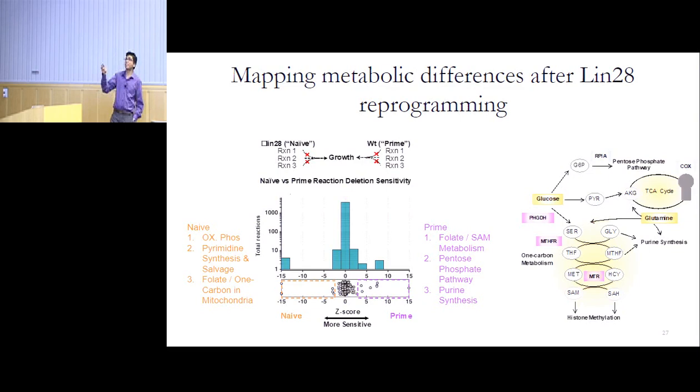If you were paying attention, one thing I mentioned earlier was that in the naive cells, the pentose phosphate pathway was higher, like in this figure. Whereas here in this case, we saw prime cells had higher pentose phosphate activity. So what this suggests is that knocking off Lin28 can freeze cells in a naive-like state, but these cells are not exactly identical to the canonical embryonic stem cells that we saw earlier.